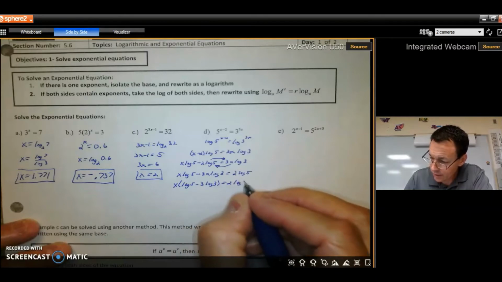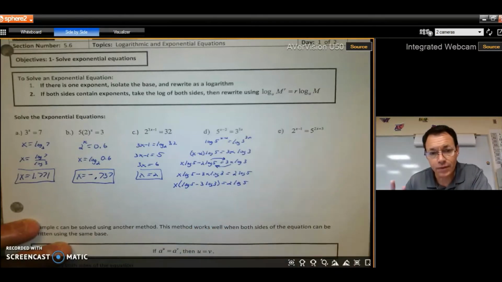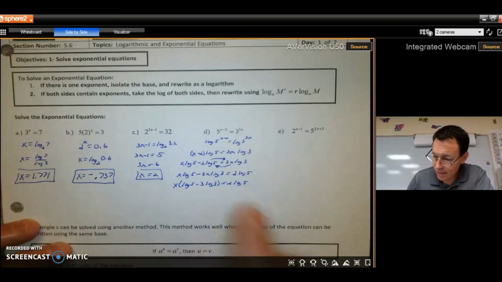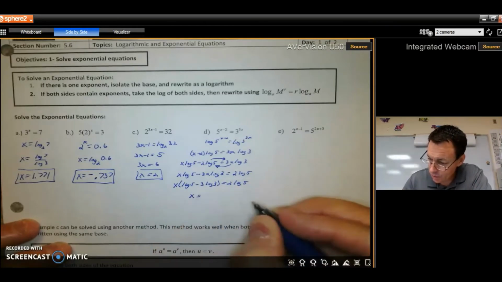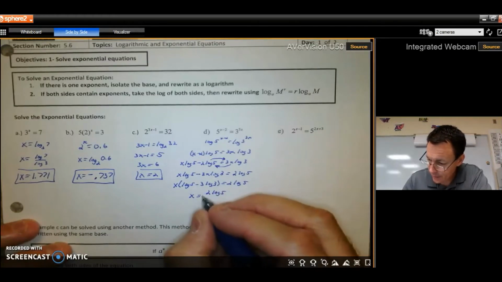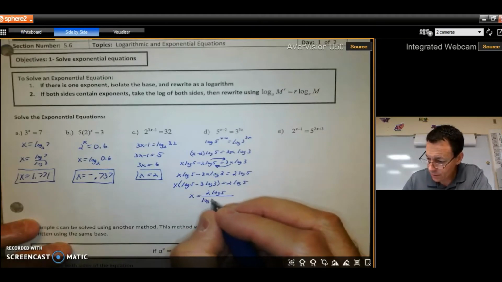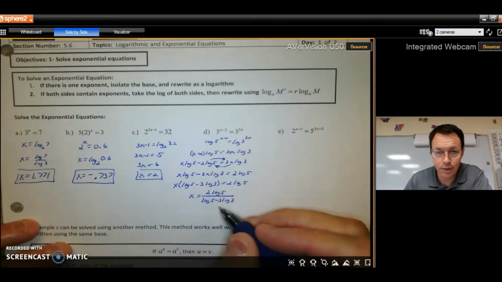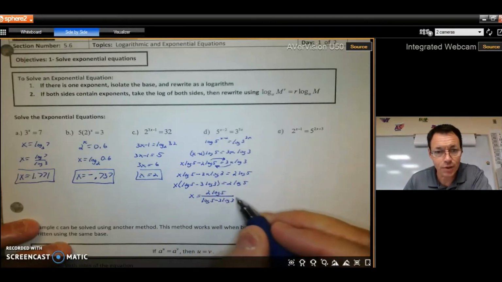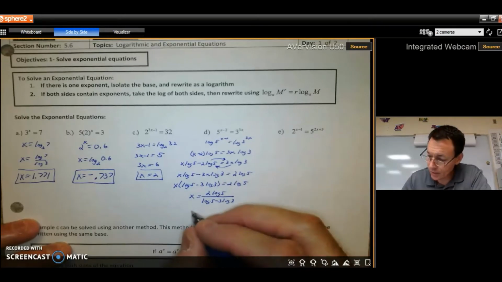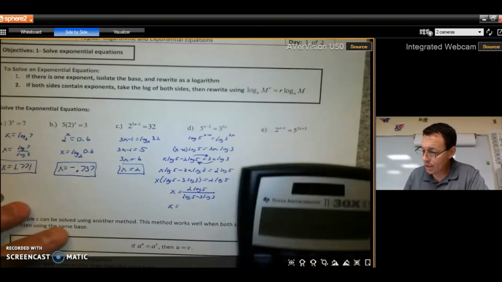equals 2 log 5. And then, well, I've got 2 more steps. My x is multiplying all this, so I need to divide by all that. X equals 2 log 5 divided by log 5 minus 3 log 3. Now there's a lot going on here, and I know that. I've got to keep track of all this as I'm going step by step. Right now it's just a calculator problem. So now my job is to